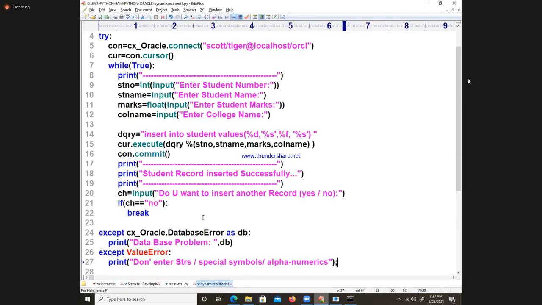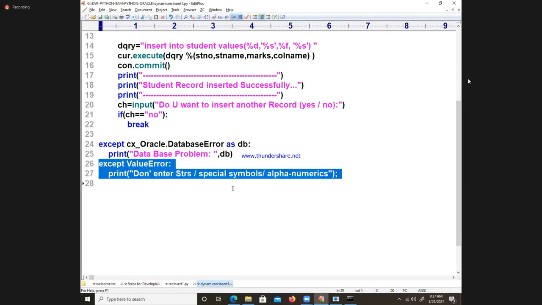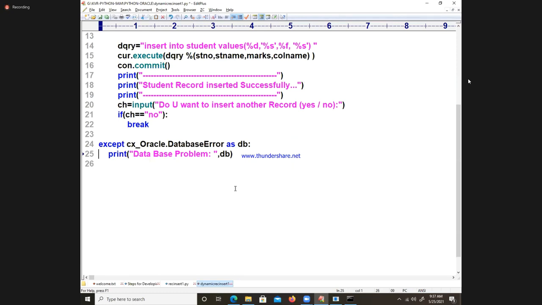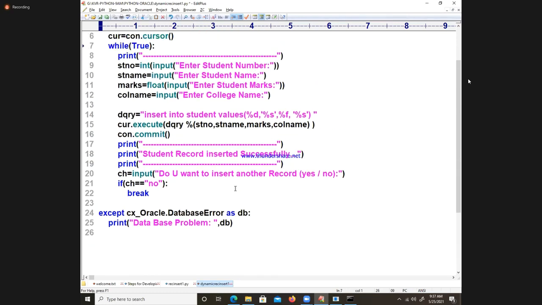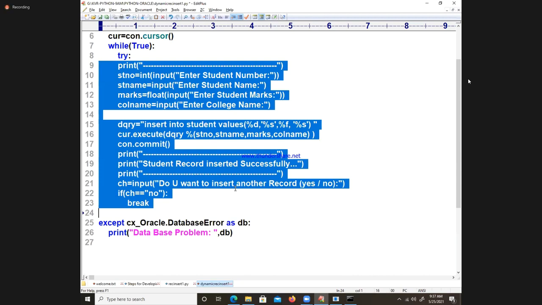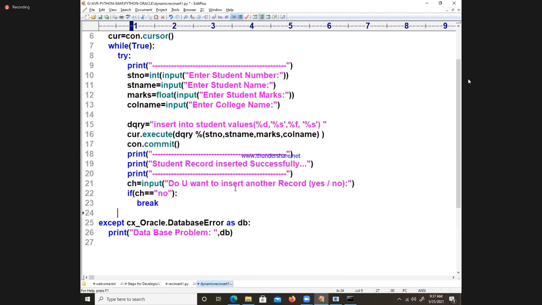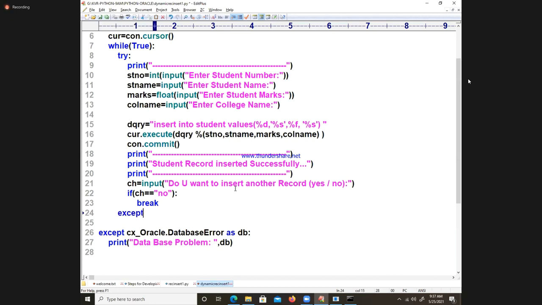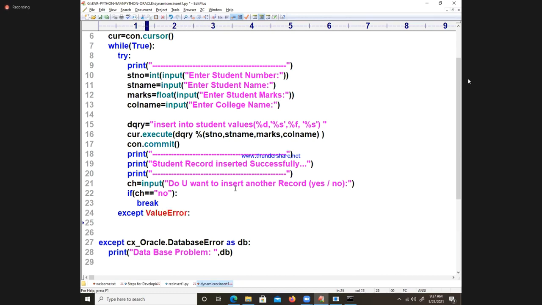Dear student, if you want to handle this value error, which you got just now, what I do is, I will write inside of this while loop one more try. Beautiful code I will write. So see, one more try. Here I am writing except, what is that? Value error. So message I will write it. Print: don't enter